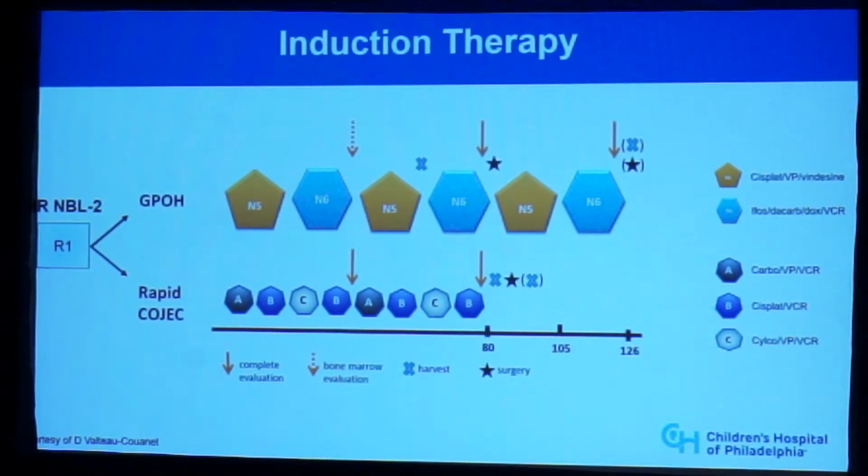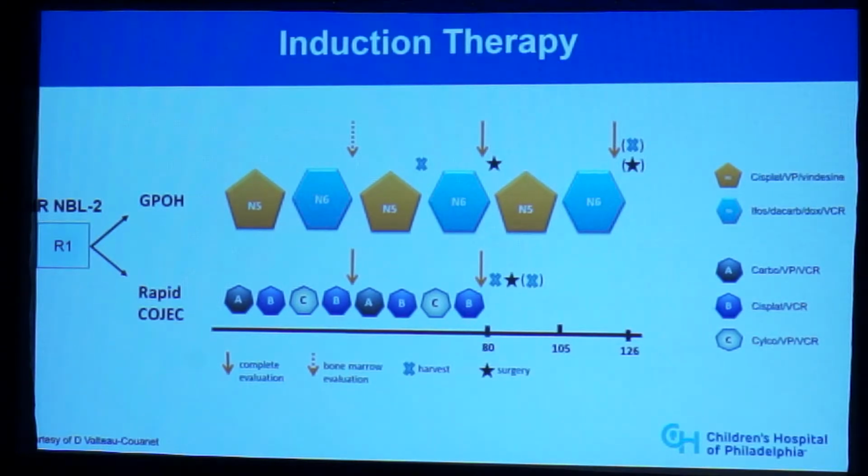So how could this be improved? I think, again, the Europeans are being very rigorous with a randomized approach. In the next study, thank you, Dominique, for the slide demonstrating the next randomization in the HR-NBL2 study, this will be looking at the standard arm with rapid COJEC, as you saw before, being evaluated at the same time as a regimen that was previously studied by the German group with the agents that you can see here. A little bit different timing of surgery and stem cell harvest as shown here, and we'll be anxiously awaiting how that induction randomization will turn out.